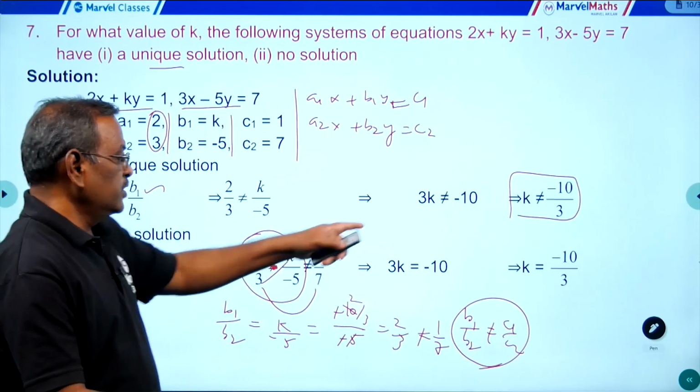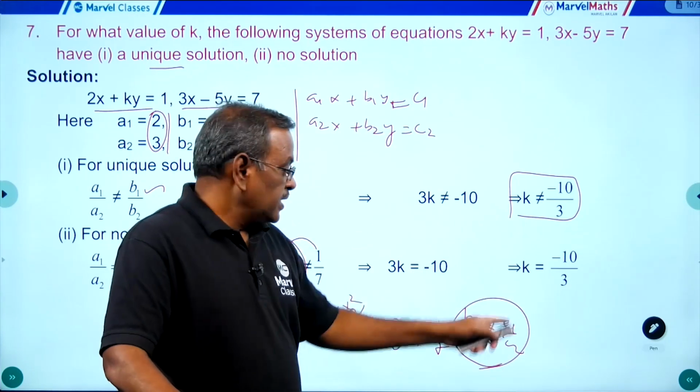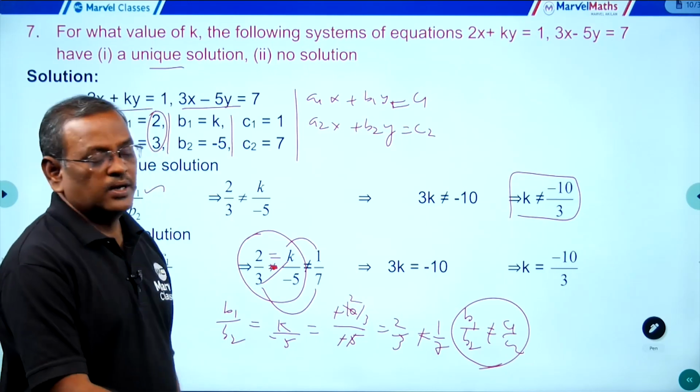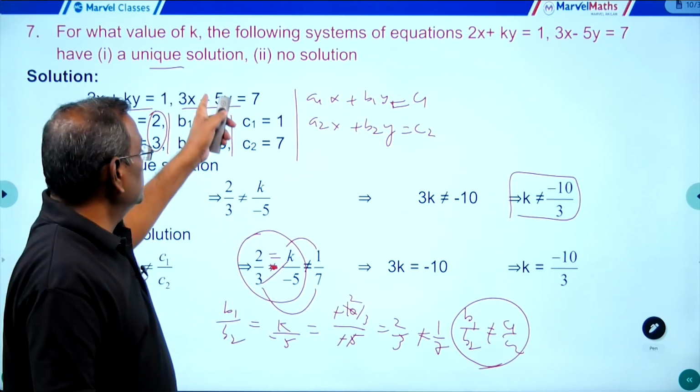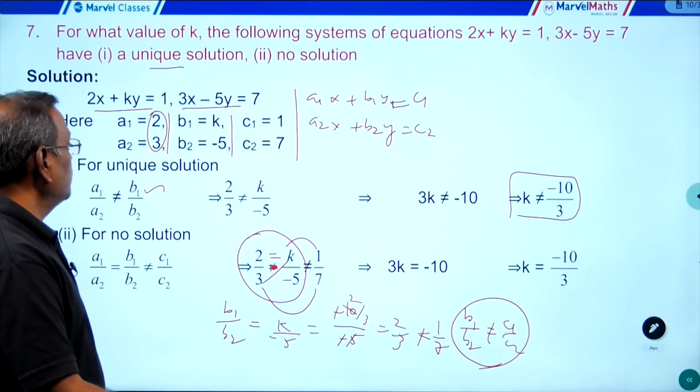So no unique solution always contains equal to sign, and no solution has not equal to sign. Along with that you have to verify this case. One of the very important problems which contains two cases: unique solution as well as no solution. And next important question,